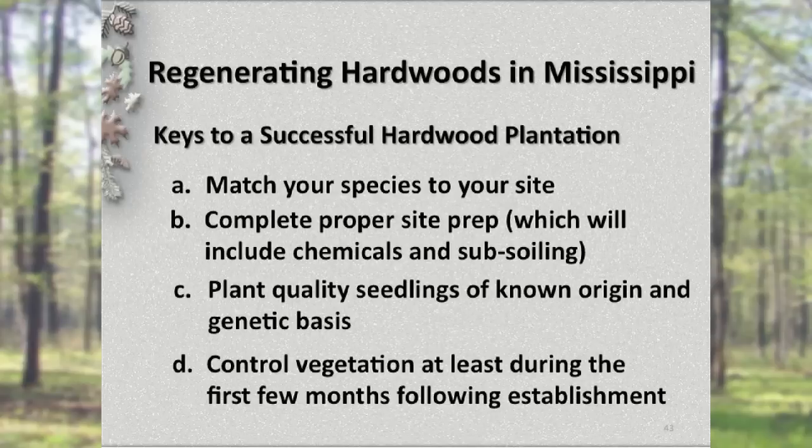If we can control the vegetation during the first few months for more shade tolerant species such as oaks, we'll be in good shape. However, for highly shade intolerant trees like sycamore, cottonwood, and willow, we have to control the vegetation through the entire growing season or we will lose growth. And we're wanting to capitalize on those species because we're producing those for biomass or bioenergy. We're going to have to capitalize on that early rapid growth.